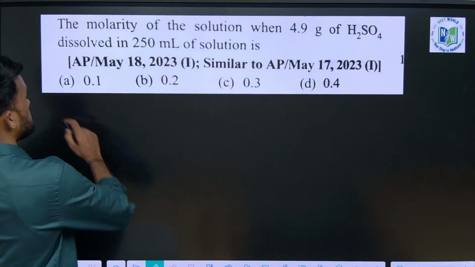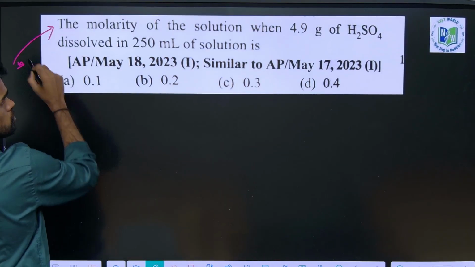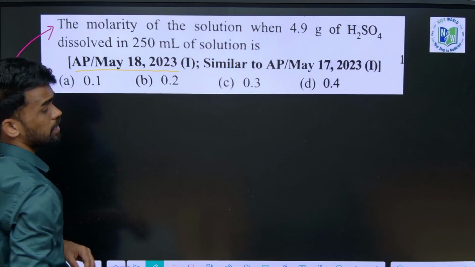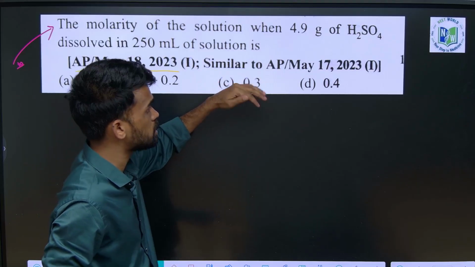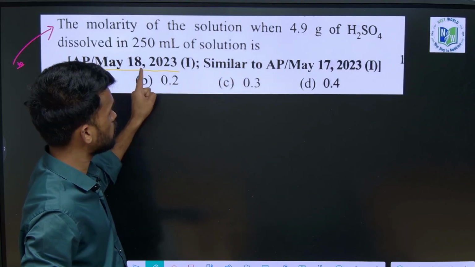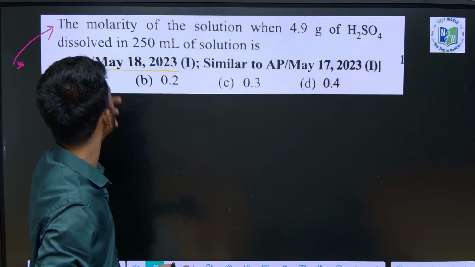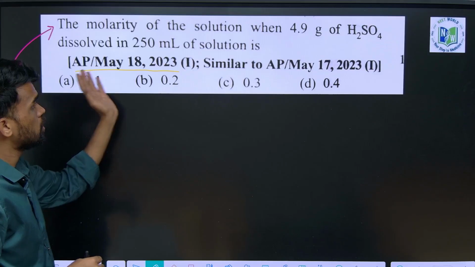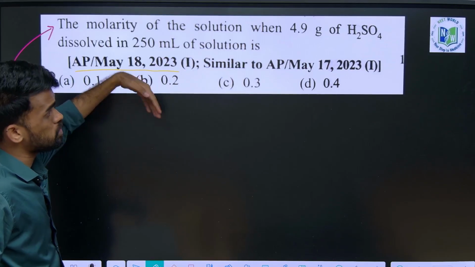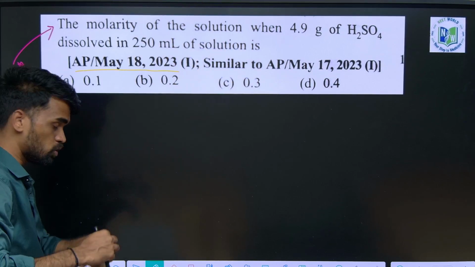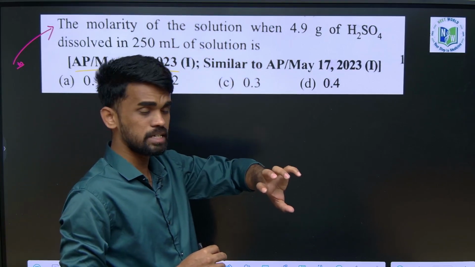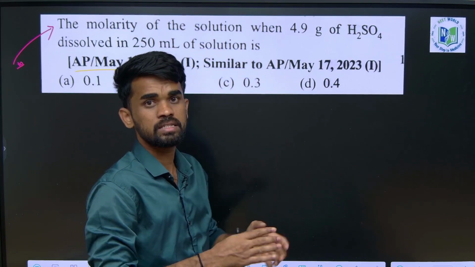Now, this is also an important question. See how many times it is asked in the EAP set exam. This is a basic question from EAP, and there are similar questions on this. Many times it is asked, and the question may be modified in some other manner, but the concept is the same. So you need to know how to interlink from one concentration term to another, or some modifications on the